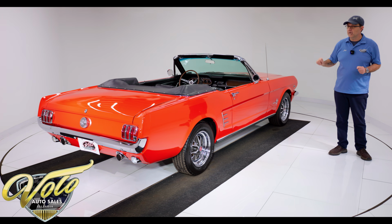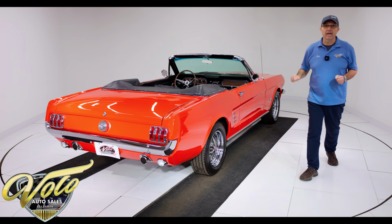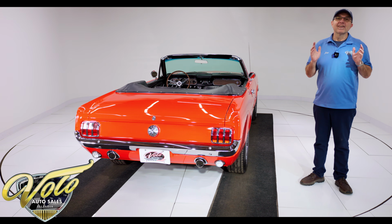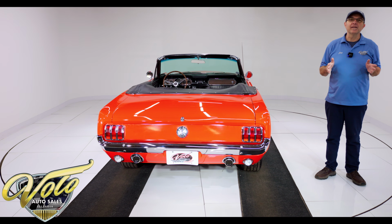If you're in the market for one of these, jump on it. If you're not in the market for one of these, I'd start thinking about it. Go to volocars.com. Salesman can help answer your questions,